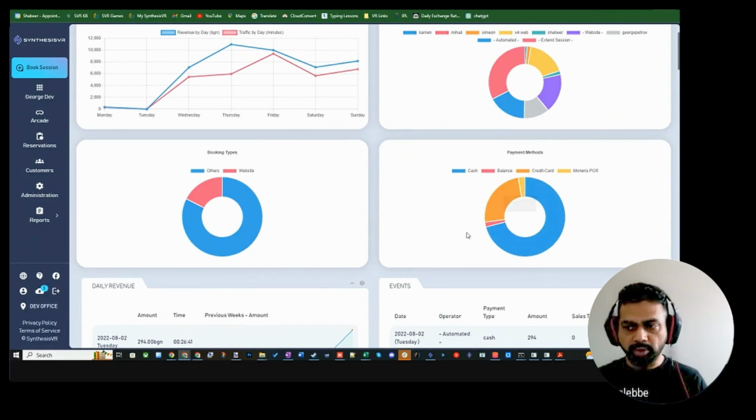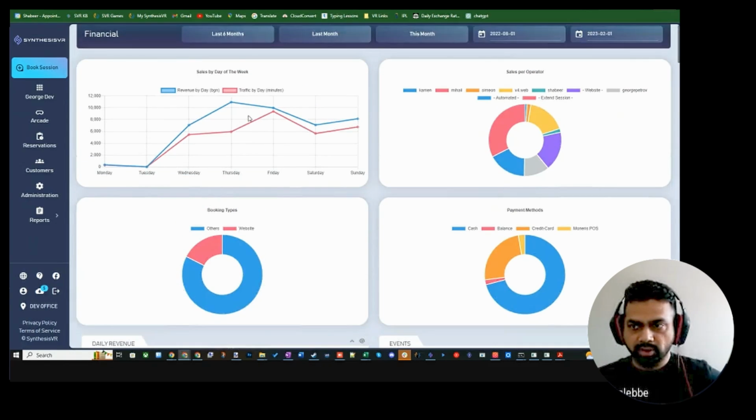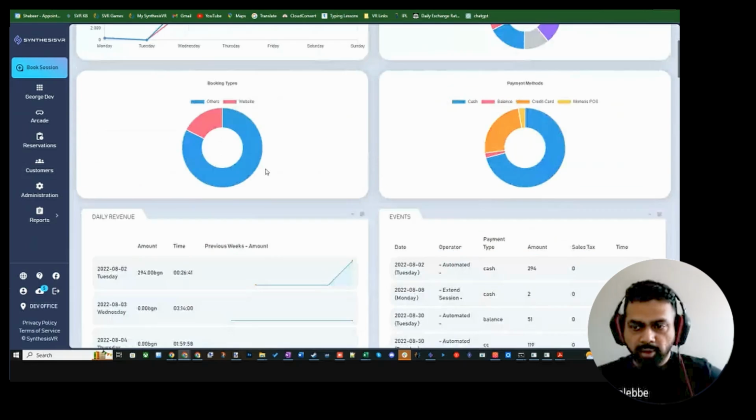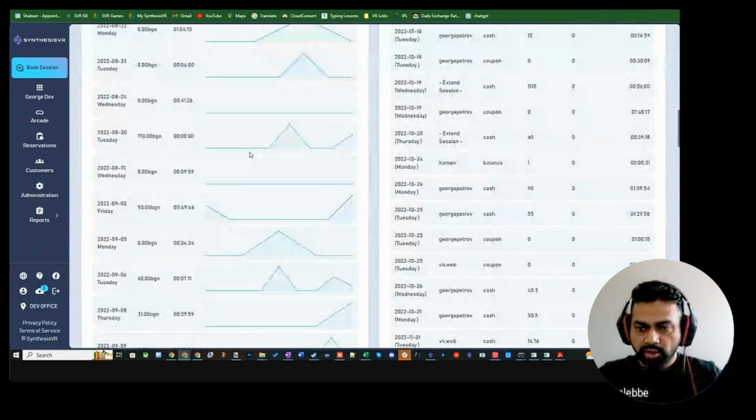And then also different payment methods, like cash or credit cards, what type of payment methods people are using to pay. This gives a good insight, especially the online booking versus walk-ins, because it gives the operators a way where they can maybe put more money into the marketing of the website, things like that. So that's something that we've done a lot. But you still have all the other details as well, even though we've